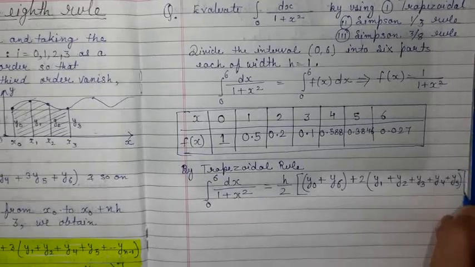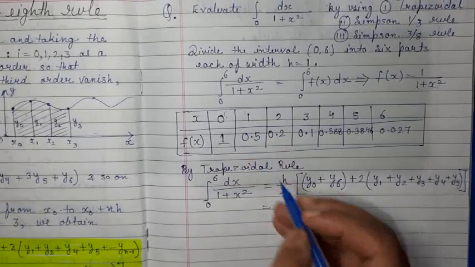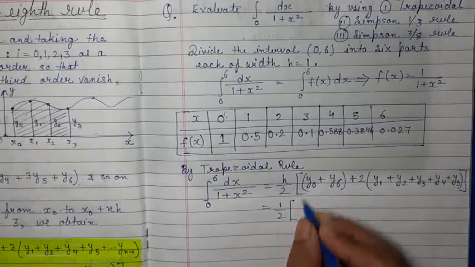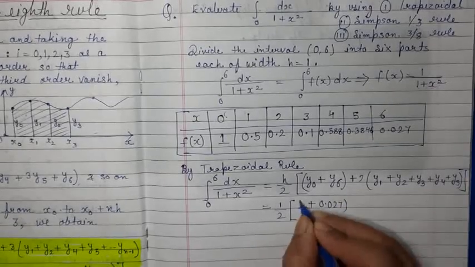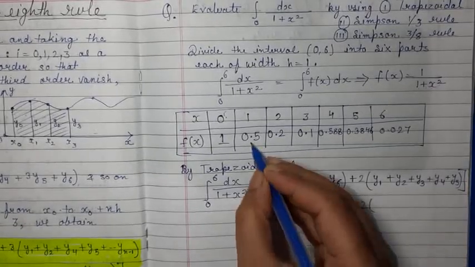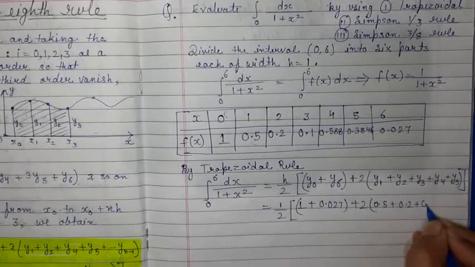Putting in the values, h is 1, so 1 by 2 times y0 which is 1 plus y6 which is 0.027, plus 2 into the in-between values, we add 0.5 plus 0.2 plus 0.1 plus